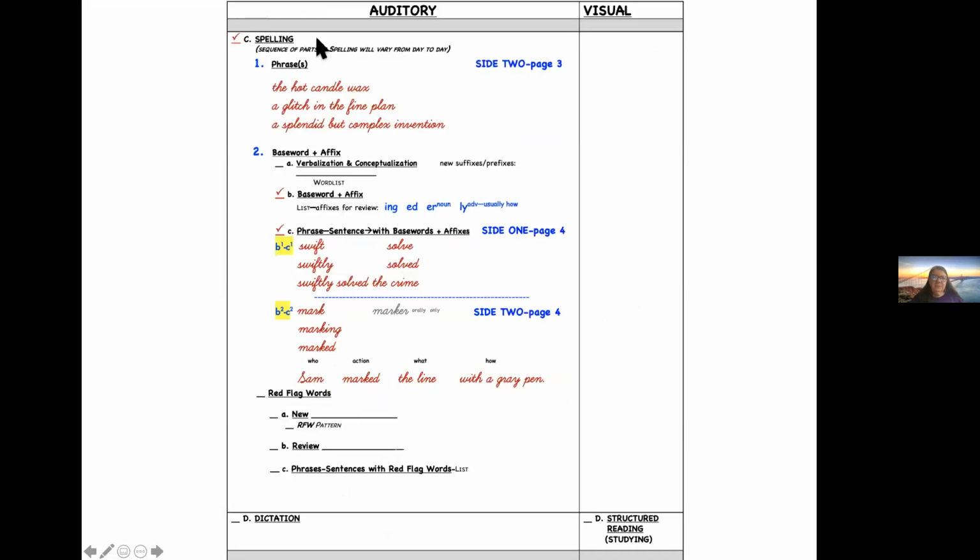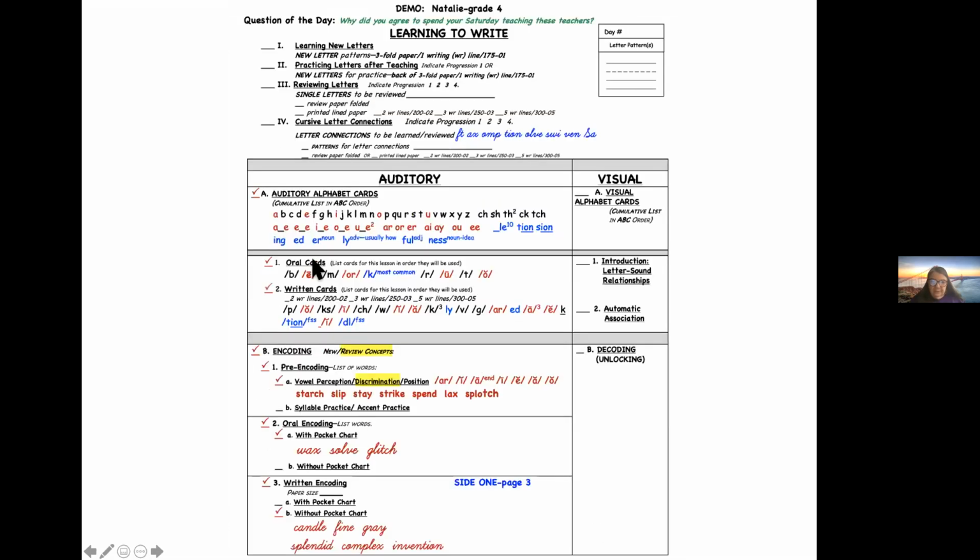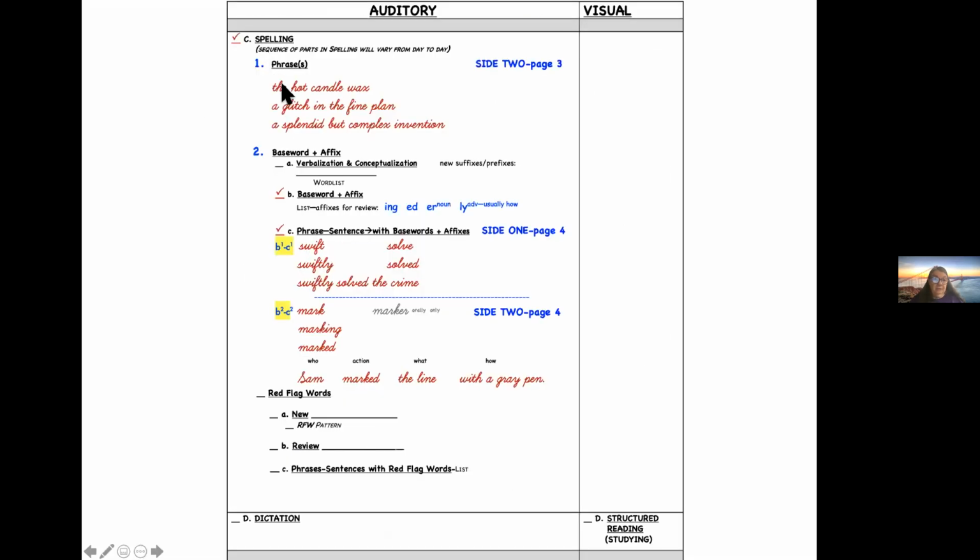Then we go, this is the whole C and D section, which starts immediately with phrases, no suffixes or prefixes, then base word plus suffix, base word plus suffix, and then the phrase. And now the question that you asked about, did I choose the words? I didn't have them write Swift. I don't think I did. Let me check and make sure. I didn't have them write Swift in encoding. You see, I didn't. I had them encode it here because they have to.